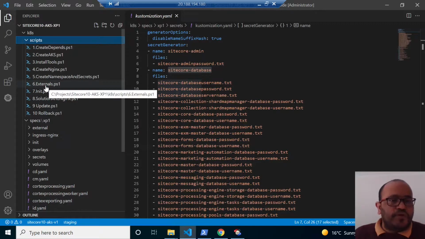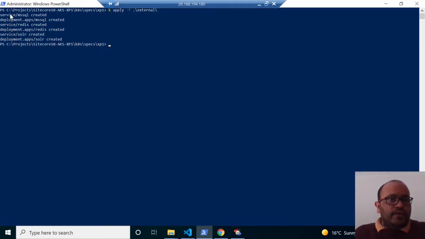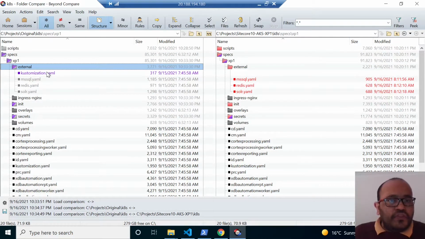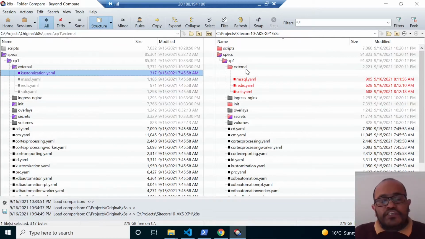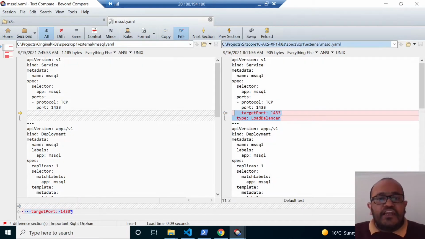After this, you deploy the external one. So I will say -f in this case. Previously we used -k. And the next one is external. If I run here, what it does is it creates and deploys a service. Let me show what changes I made for the external. The first one, on the right-hand side, I removed this one. The next one, in the MS SQL, I just added a load balancer.